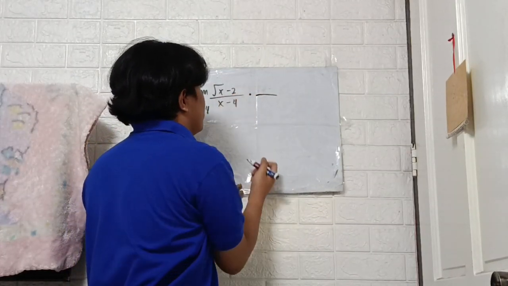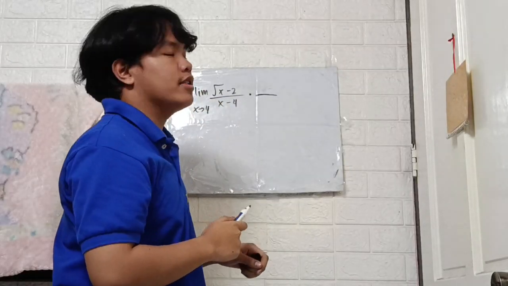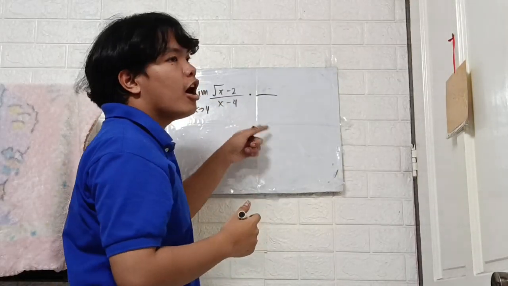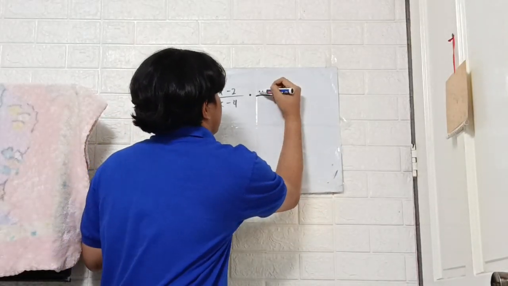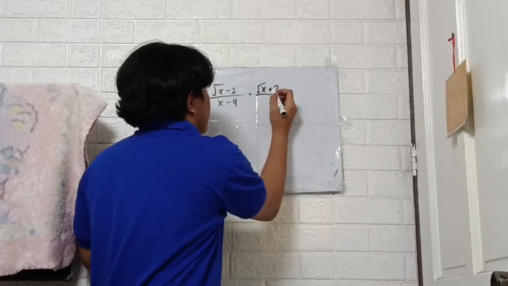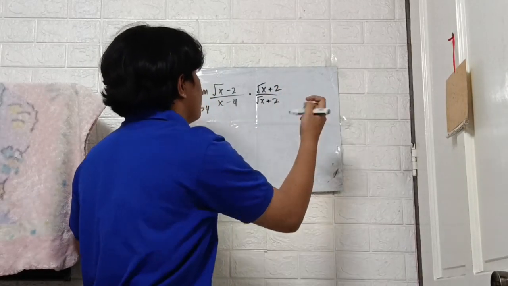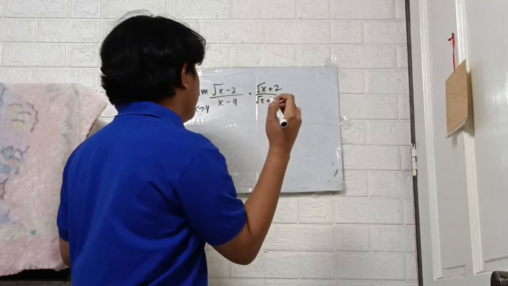But we just change the sign. So in this case, square root of x minus 2 has the radical sign, which is the numerator. We will copy it, but just change the sign. So it will be square root of x plus 2, and then same with the denominator, square root of x plus 2. And now we multiply this, and we will get